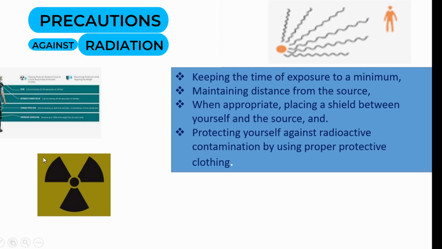We also have the gonad shields, and our patients, or the people who work in the radiology departments, also have to be protected as much as possible. So when the patient is being examined, all other regions which are not being examined have to be protected or shielded from radiation. There is also a collimator, or a control, that is used on the machine to minimize radiation to the relevant area or region.